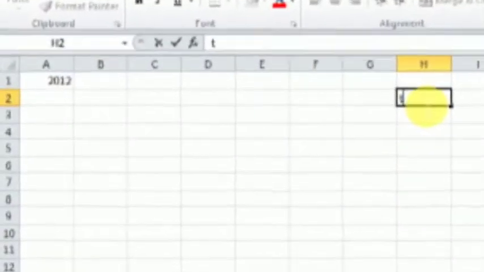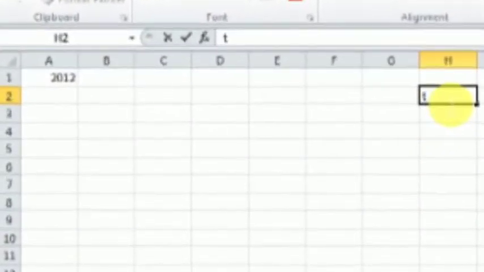So here, what is the function of the formula bar? The formula bar displays any data which is entered in a given cell. When I type anything in cell H2, you can see that the text that I type in the cell also appears in the formula bar.